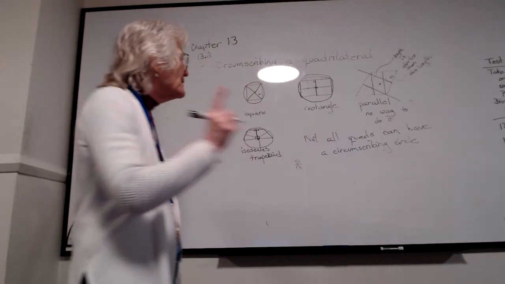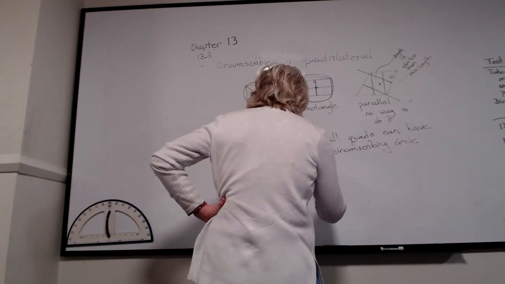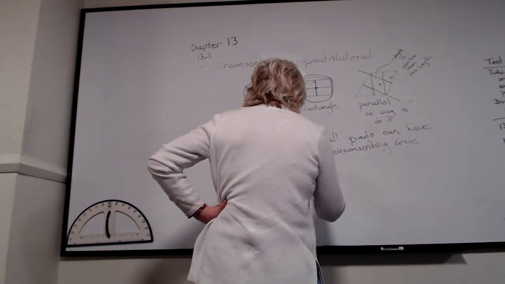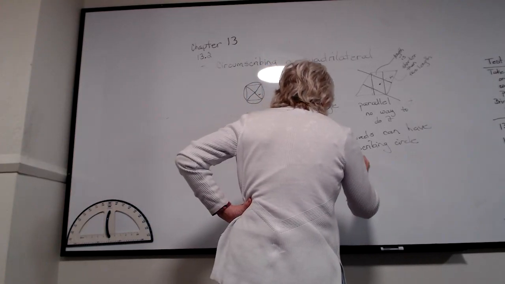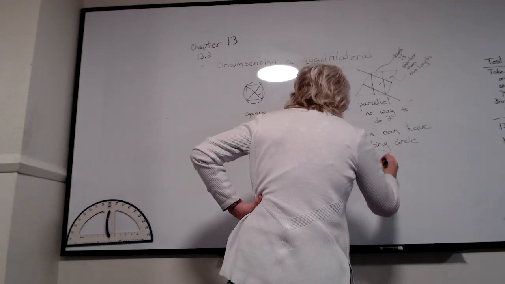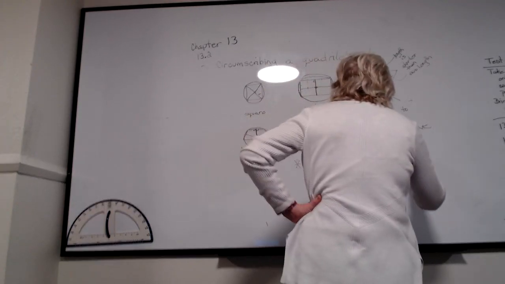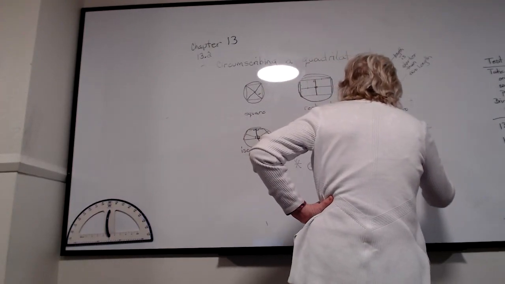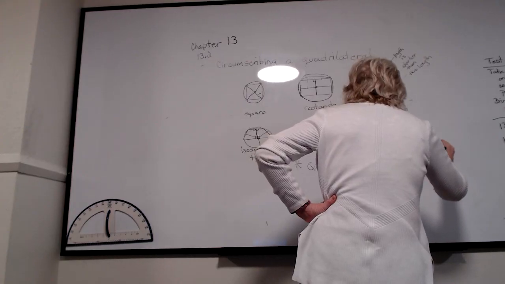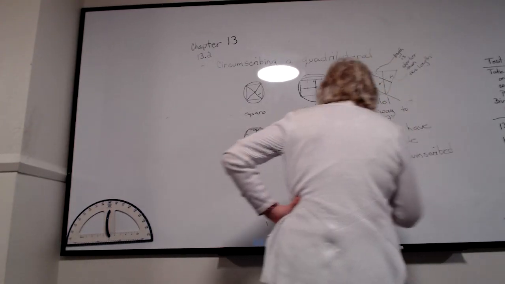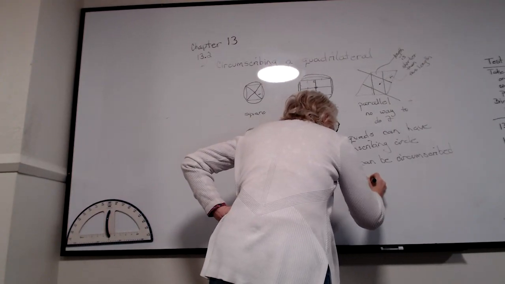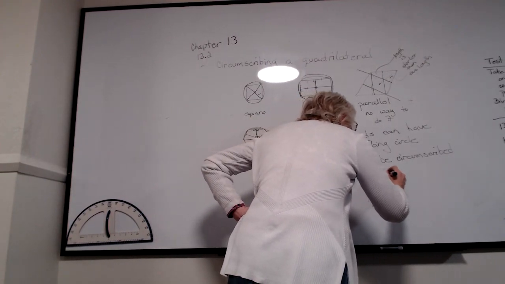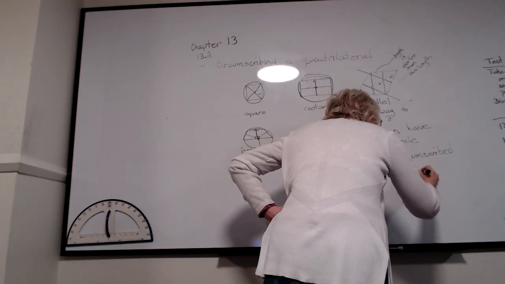So the quads that can be circumscribed have opposite angles